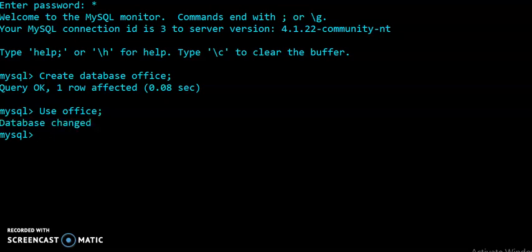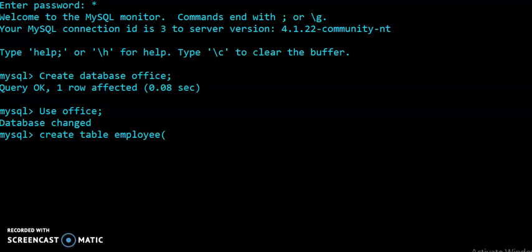Now after that, what do we have to do? We have to create a table inside the office database. So which command do we have to use? We have to use the create table command. So create table, and you have to give the table name, whatever name you want to give your table. So here I am writing the table name employee, and after the command create table and table name, you have to give the full definition of your table, meaning how many columns you want in your table, and each column is of which type.